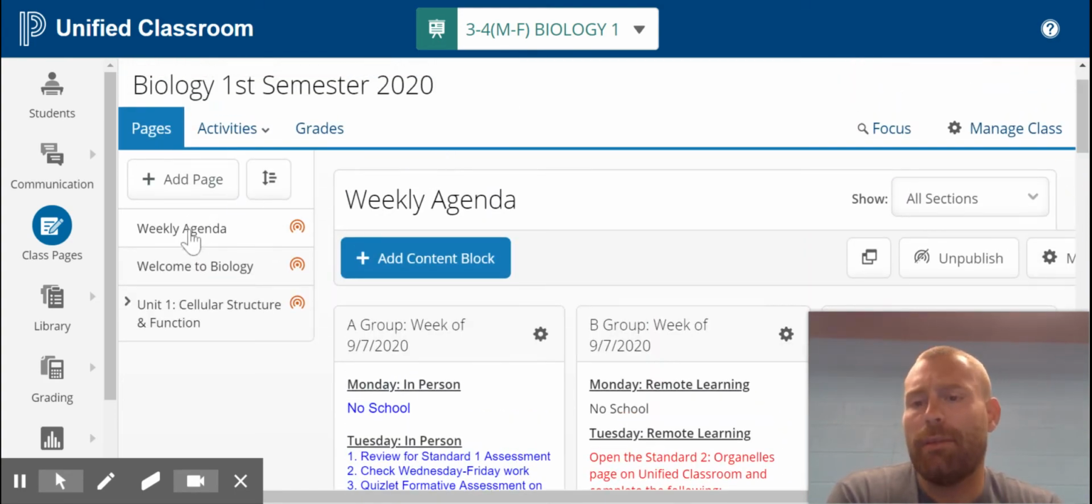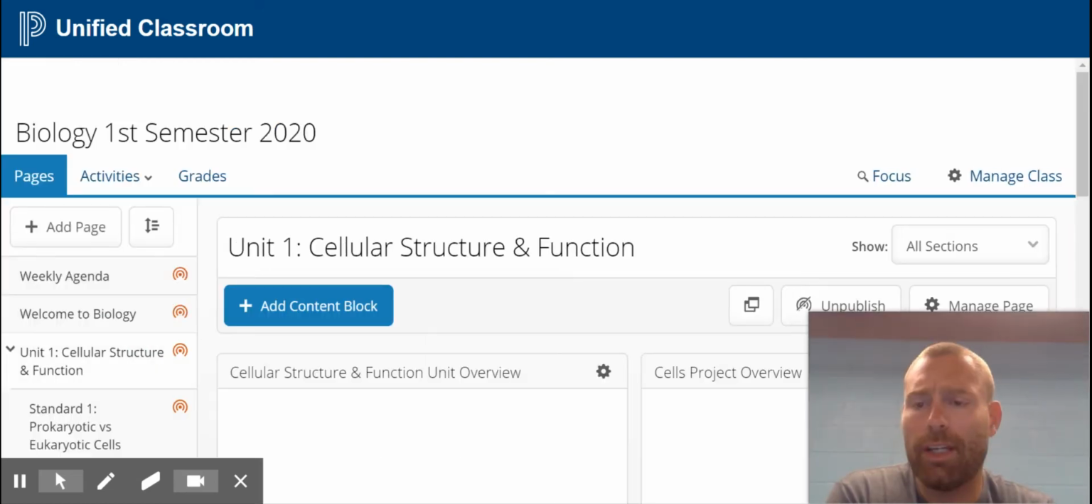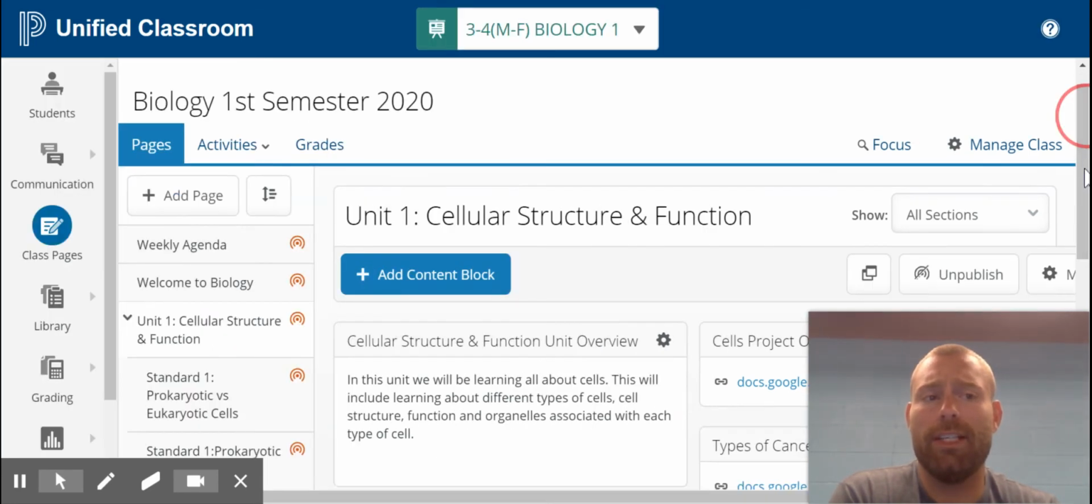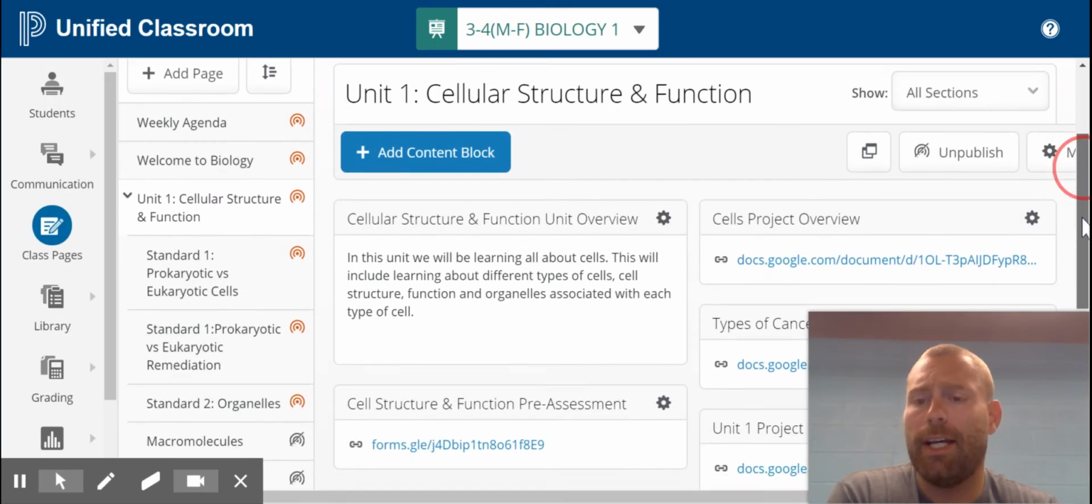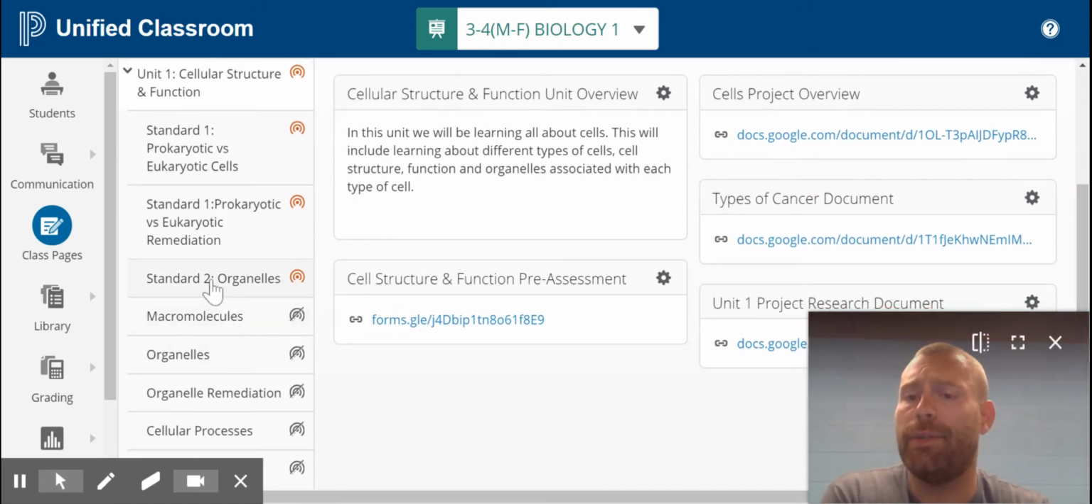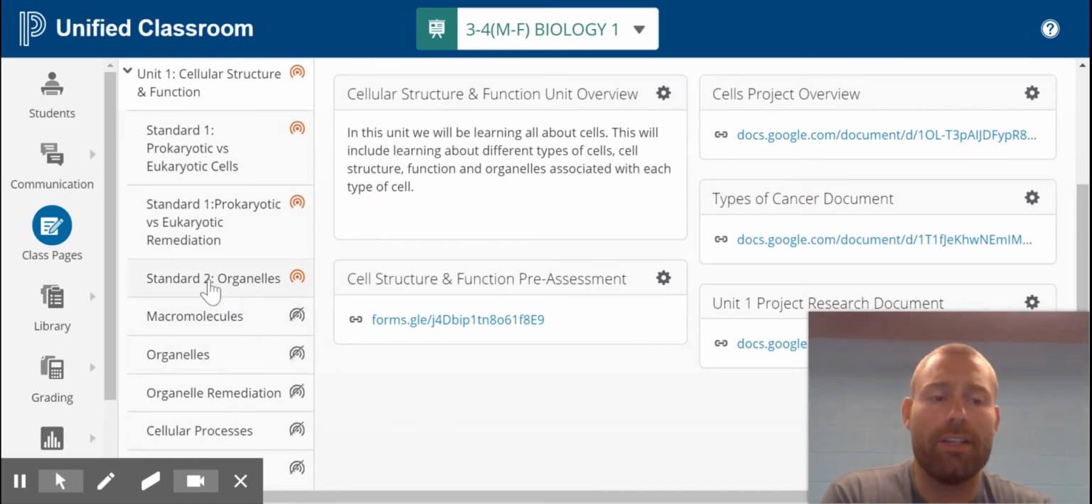Underneath the weekly agenda page, this is where I will put all of our information for each standard. So we're currently in Unit 1 looking at cell structure and function. And within Unit 1, we really focus on three standards. And we've already assessed on one of those standards, prokaryotic versus eukaryotic cells. We're currently on standard 2. So this is where students will find their assignments. And so when we click on standard 2,